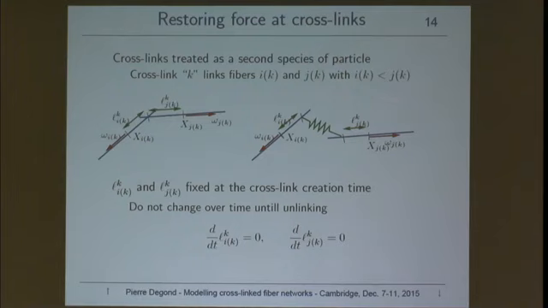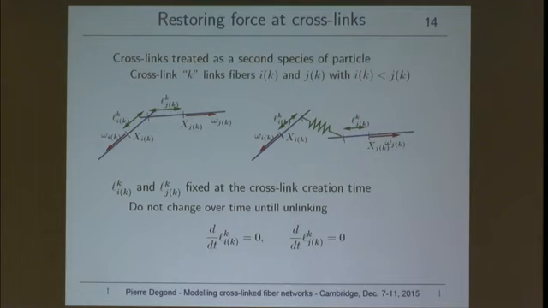So the idea is that when a crosslink is created between two fibers, it's like a new particle that jumps onto the pair of fibers and attaches them. I'm going to treat the crosslinks as a second species of particle, and this second species of particles, K, is associated to a pair of fibers, where I is the first one and J is the second one, and